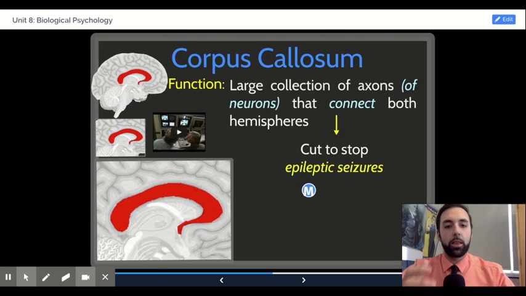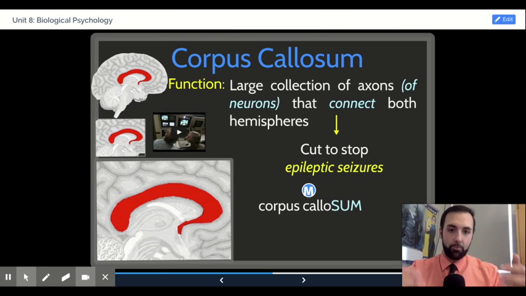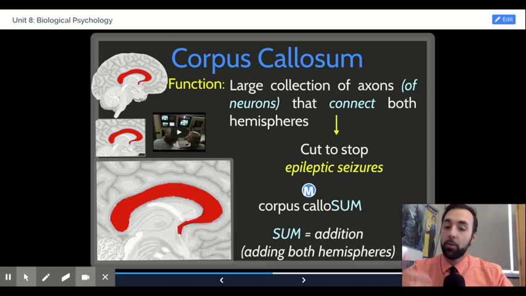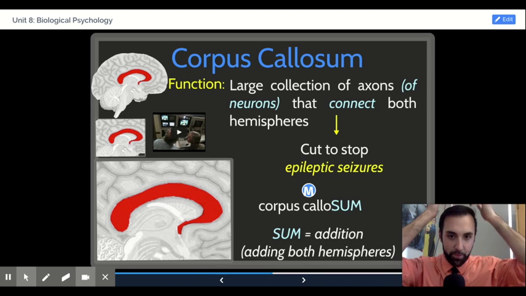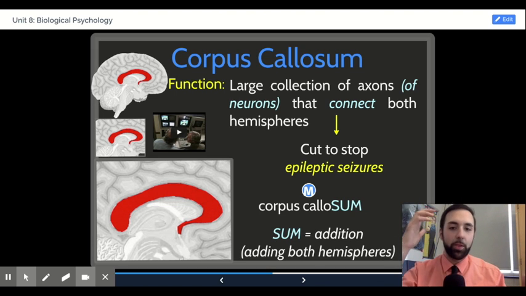The corpus callosum is a large collection of axons, so a bundle of neurons, that connect the left and right hemispheres. For the vast majority of people, the left and right hemisphere are attached to one another, meaning the left and right side of the brain. That's what the right hemisphere means. And as a result, the left side of the brain can communicate to the right side of the brain and